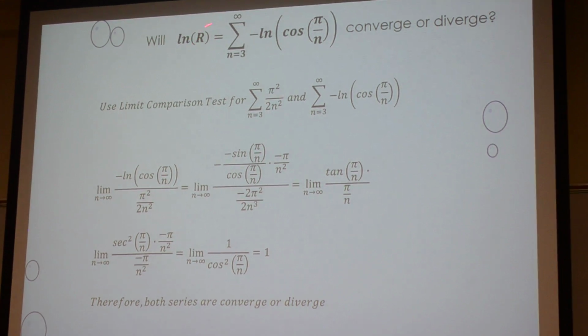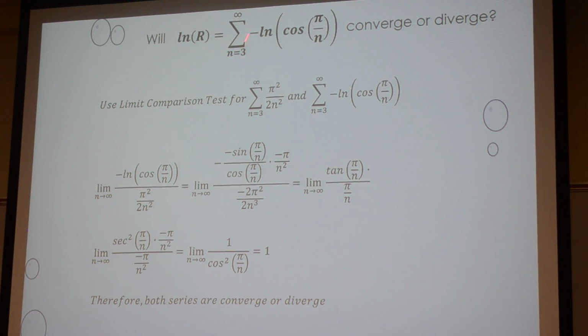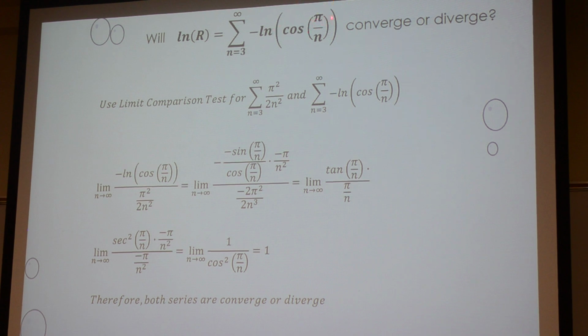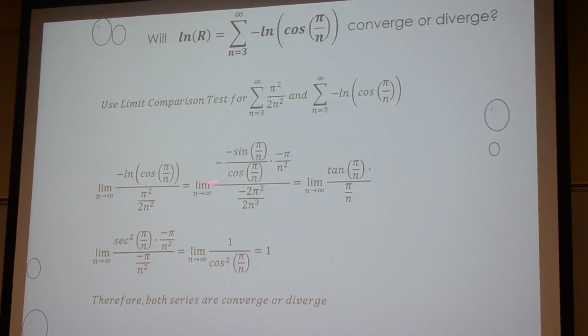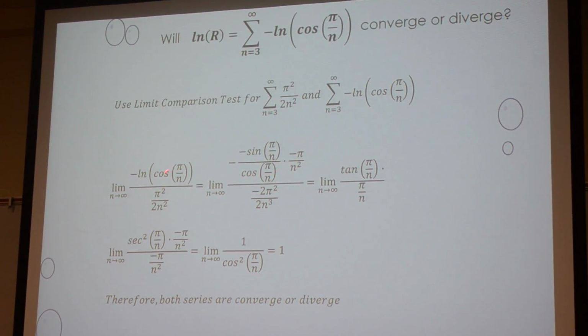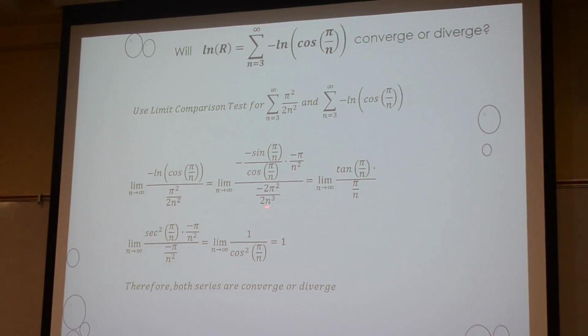So does the natural log of r, equal to that summation of negative natural log of cosine pi over n, converge or diverge? We're going to use the limit comparison test for the summation of pi squared over 2n squared with the summation of negative natural log of cosine of pi over n. We're going to take the limit of this summation over pi squared over 2n squared by using L'Hopital's rule. We're going to take the derivative of the top one over the derivative of the bottom one